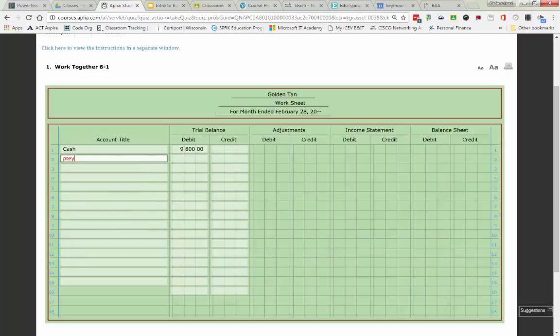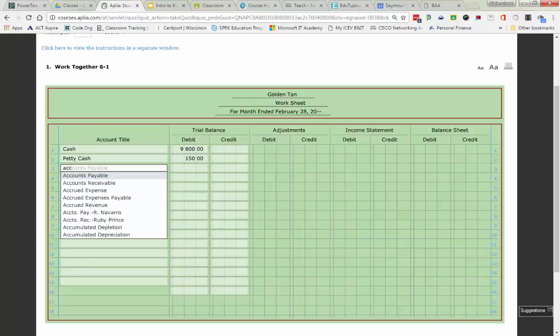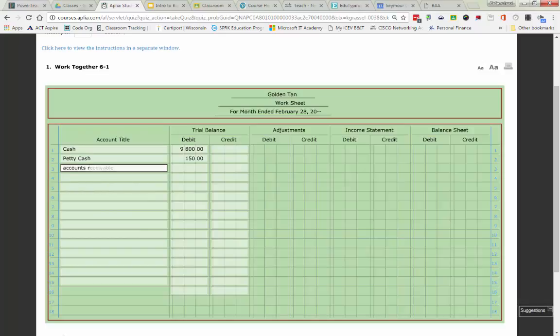Petty cash. Ooh, having a hard time typing. And petty cash has a debit balance of $150. Then I will do accounts receivable. For Ruby Price,